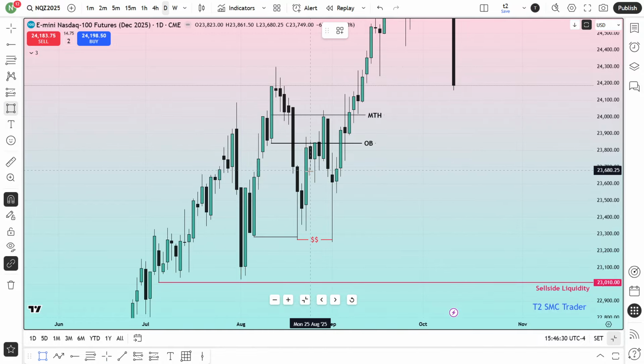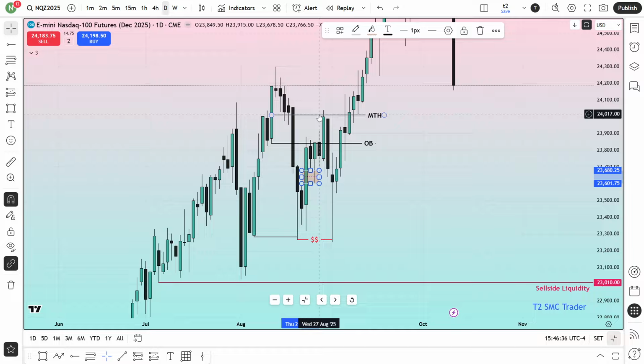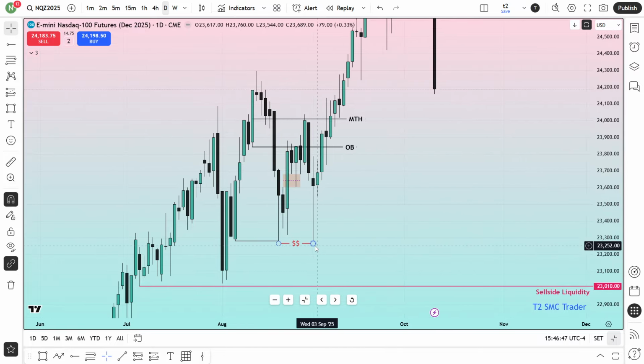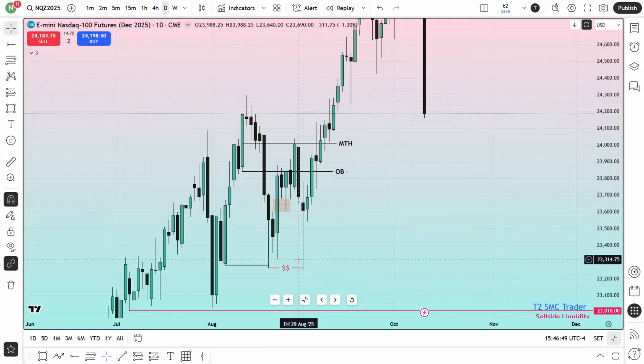So the market has tapped to this bullish fair value gap over here. After tapping to this bullish fair value gap, it came back again to this mean threshold. Nobody has closed above this mean threshold. It fell again, cleared that obvious liquidity, then started to go higher. So when this liquidity is cleared, I can start to think about the buy. There is nothing wrong over here. To be honest, there is nothing wrong.